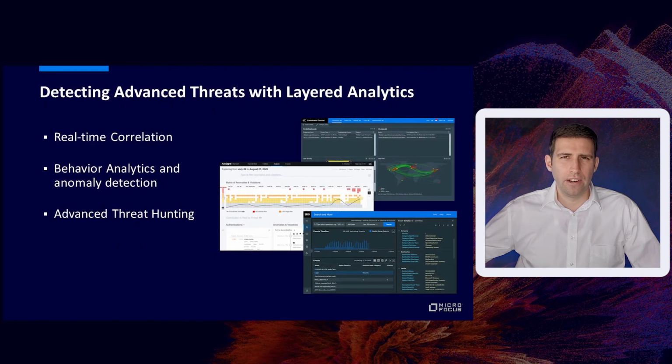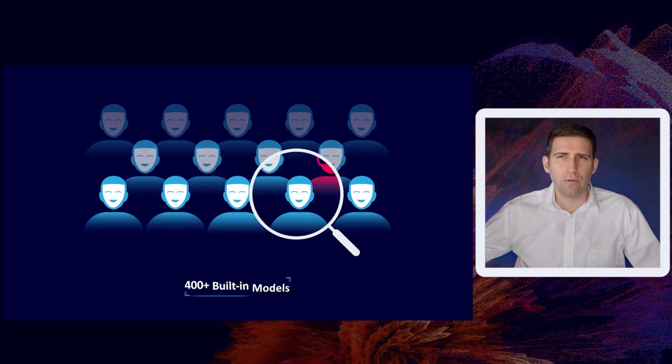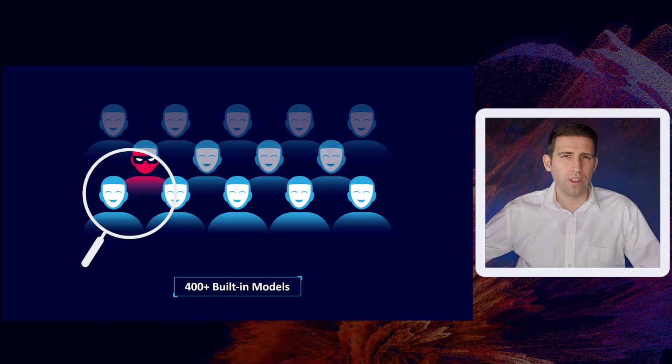The next portion of layered analytics is behavior analytics. Behavioral analytics is relatively new. It's been around for several years now, but essentially what you're doing is analyzing the behavior of employees, of users on the network, even entities, like printers and firewalls and other devices throughout the organization. You're able to analyze that behavior, and then you can detect when an anomaly has occurred,